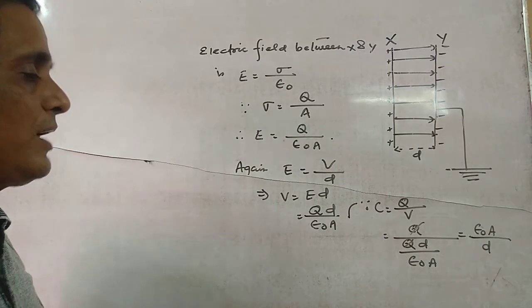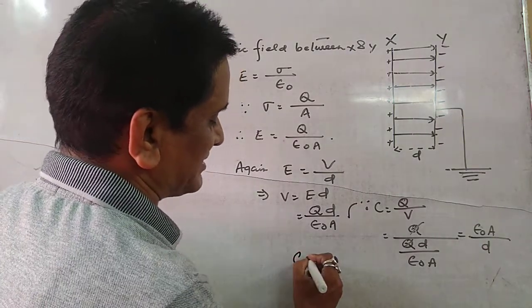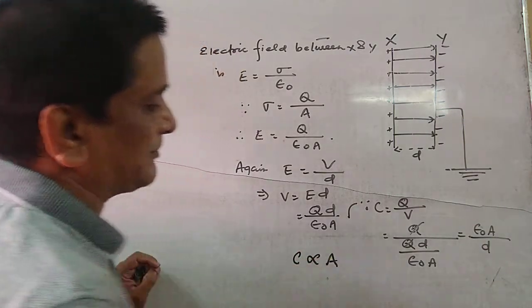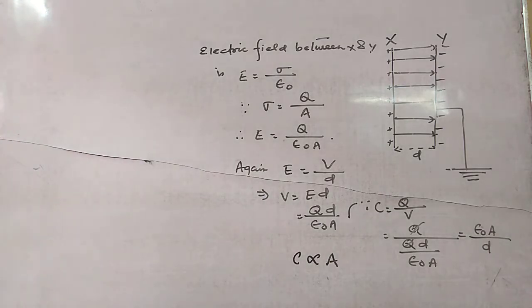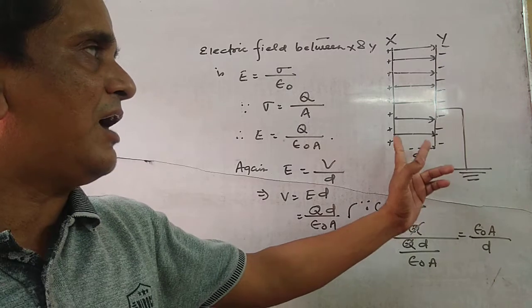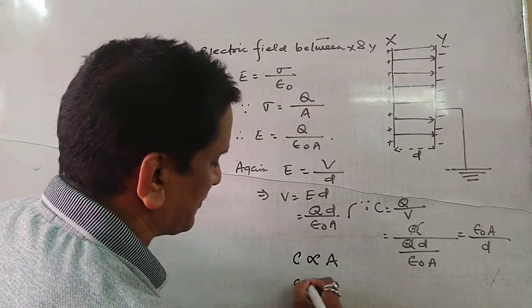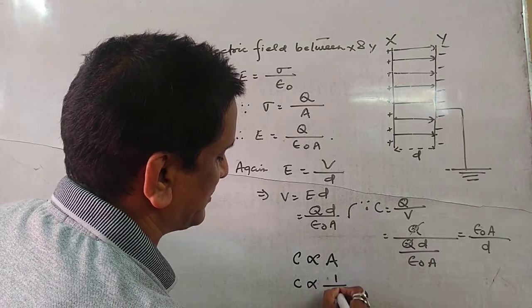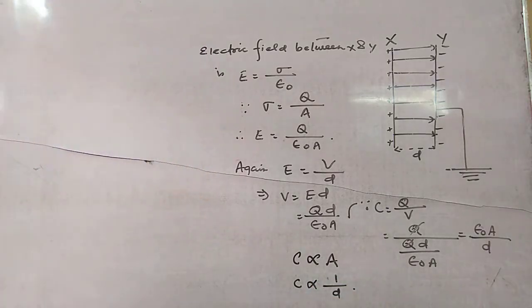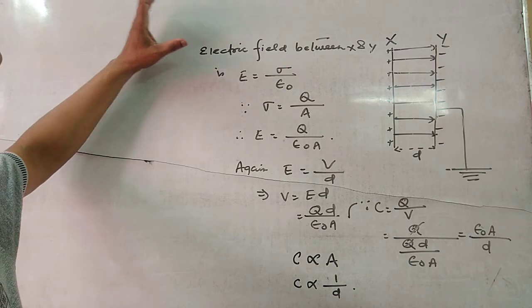From there, we can say that the capacitance of a parallel plate capacitor is directly proportional to the area of the plate of the capacitor, and inversely proportional to the distance between the two plates. Is it clear? From there, what we can say, the electrical